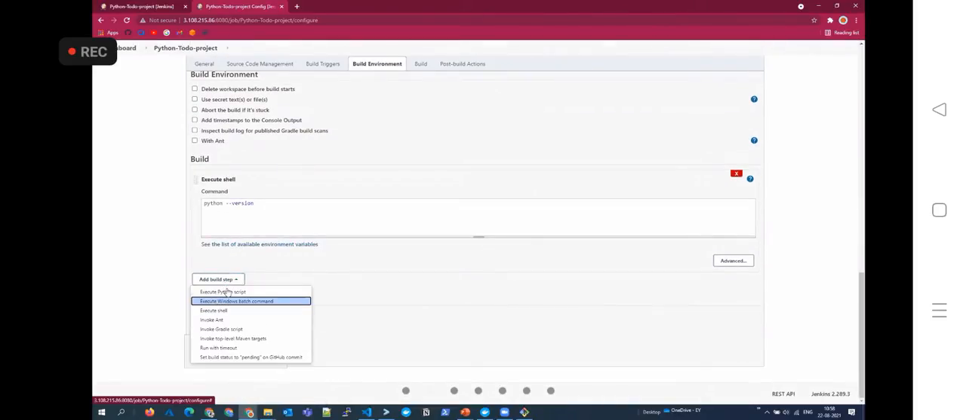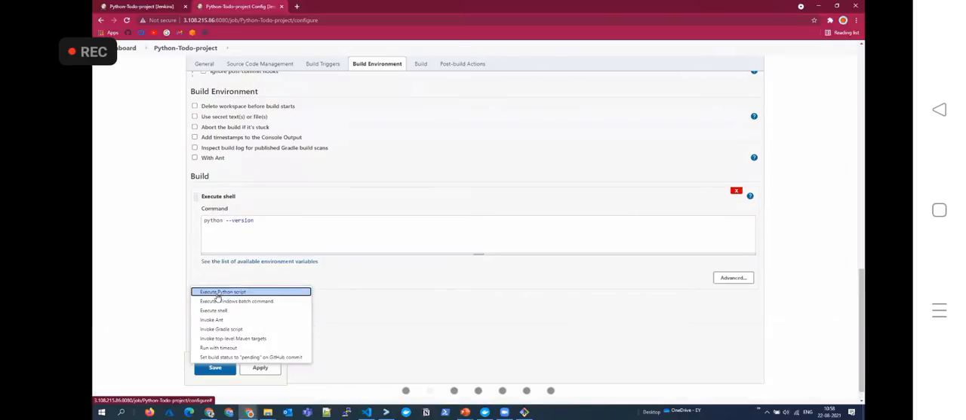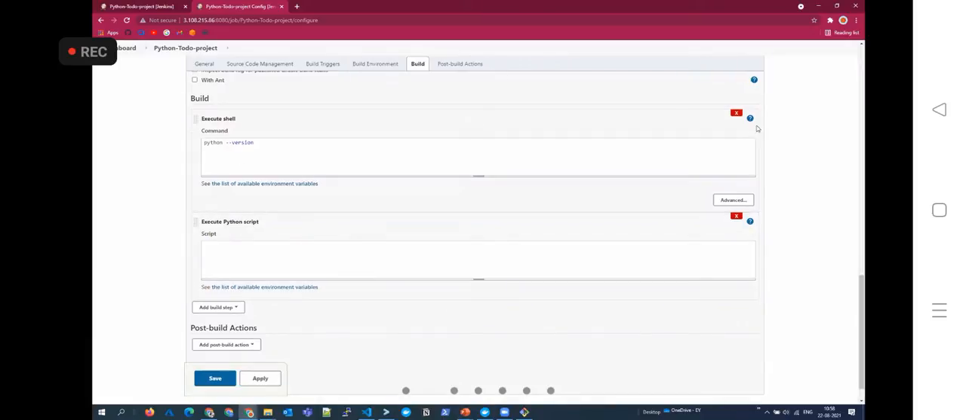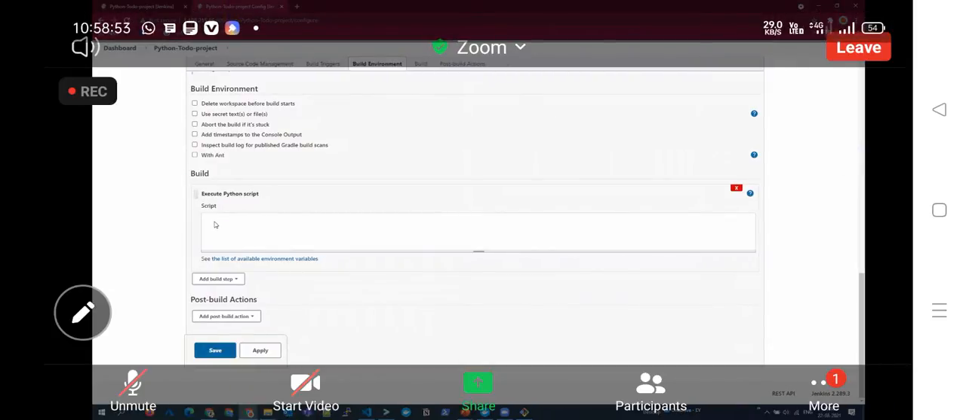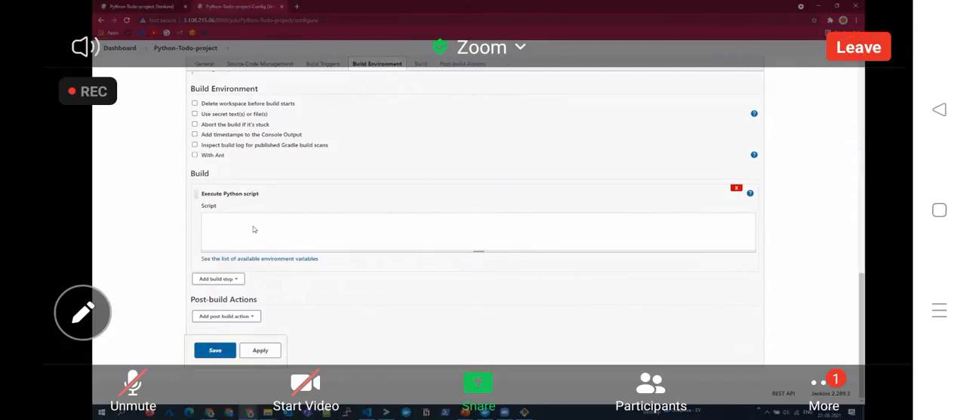Okay, so if you see here, this new thing has come, execute Python script. So we have to select that one. This plugin has given this feature now. So this is where you need to execute the Python script. So here